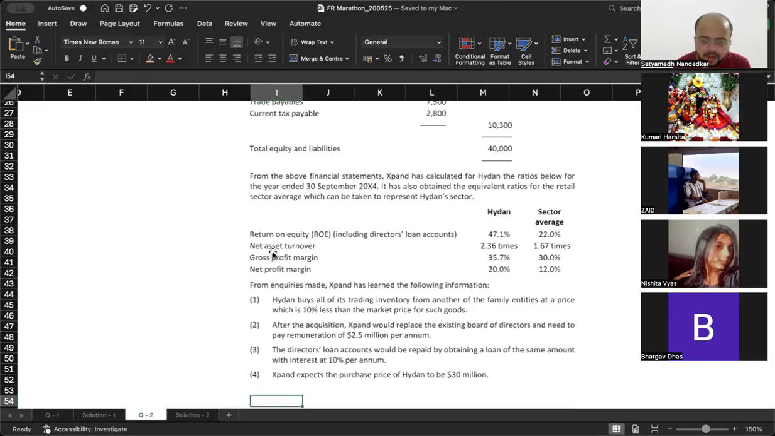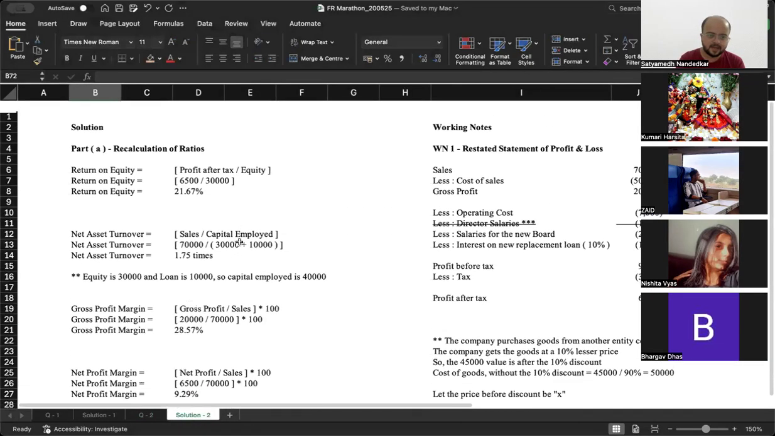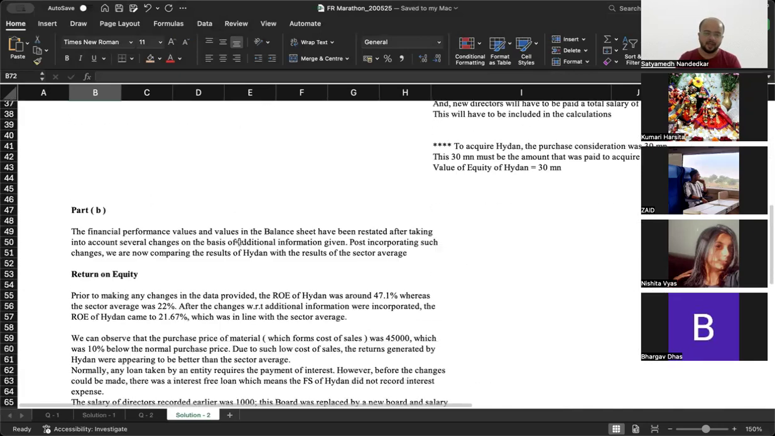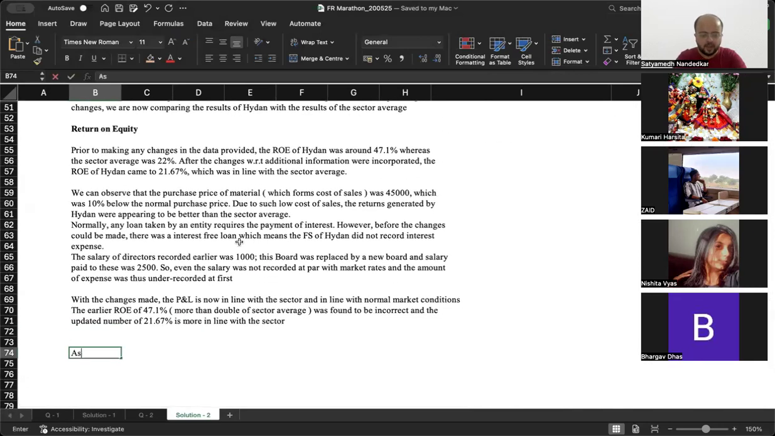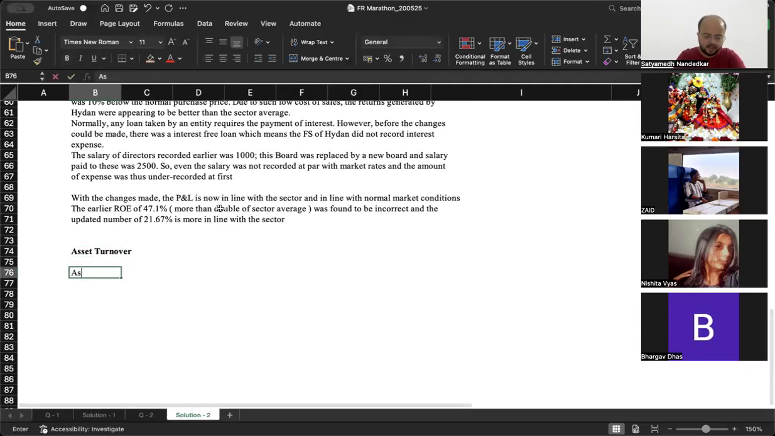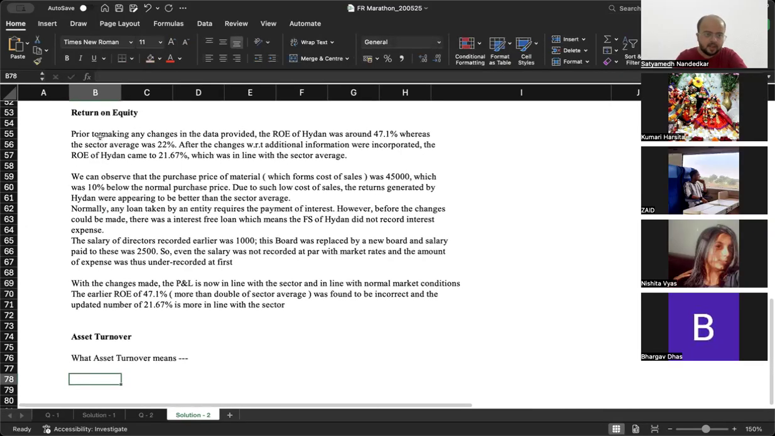Now, the next ratio is net asset turnover. Sector average 1.267, Hayden 2.36 and इसका updated ratio है 1.75. Now, same comment you will have to make on asset turnover. ठीक है, asset turnover is a... first of all write down what asset turnover means. ठीक है, उसके बारे में 2 लाइन लिखो, then state factuals कि